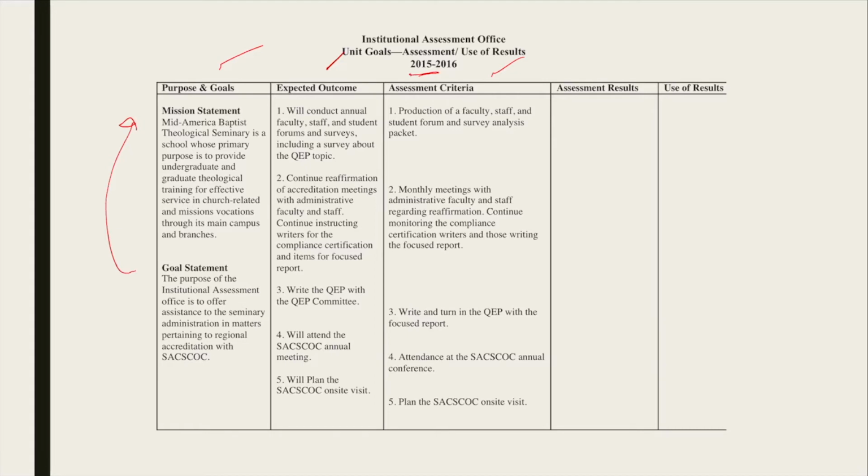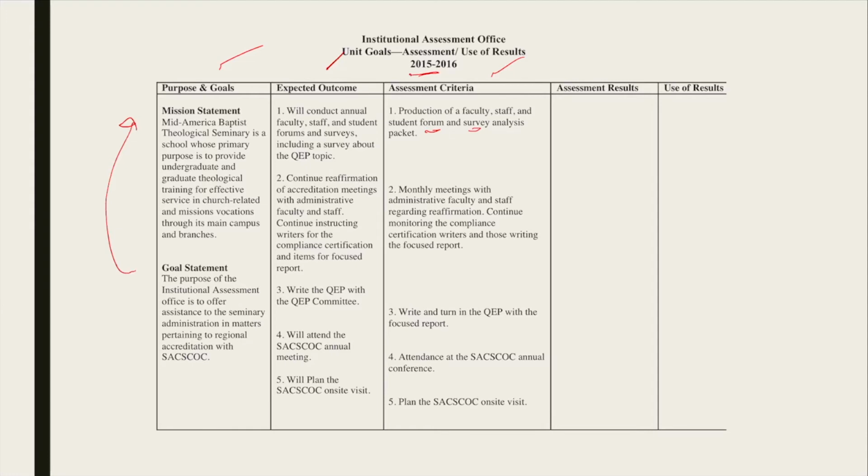Now, these 3 columns, and we'll talk about this a little more later on, are done in the fall. All of this should be done at the beginning of the year. The last 2 will be completed after the forums and surveys are completed in the spring, around the April or May time frame.